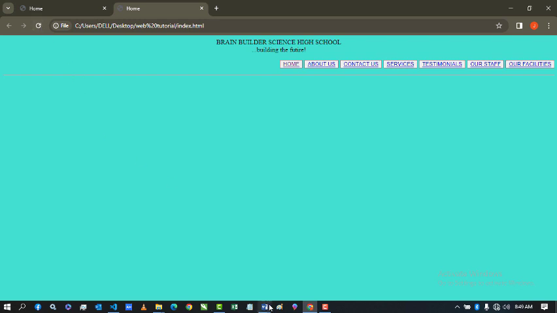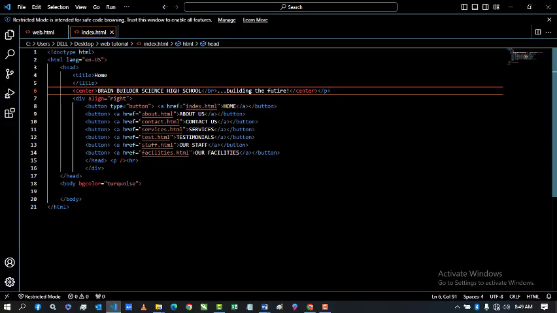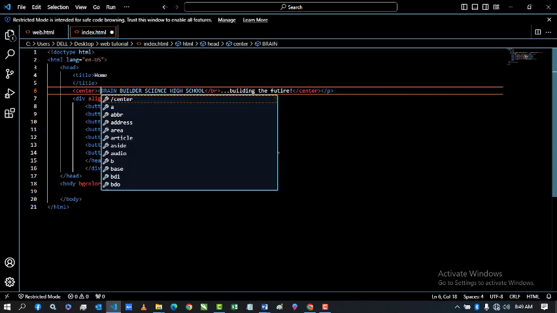Now let's make our text bigger. So what I'm going to do now to make this text bigger, I can just come here, then open my angular bracket, call it